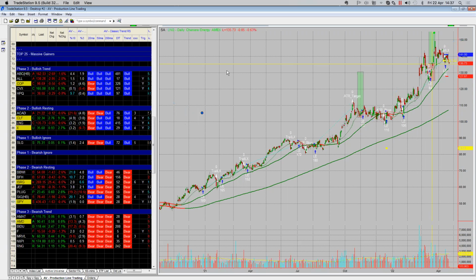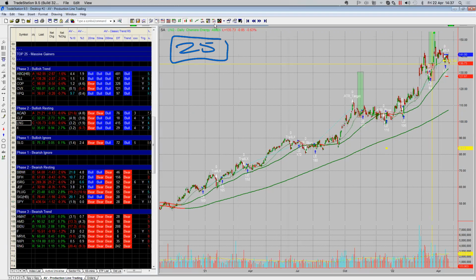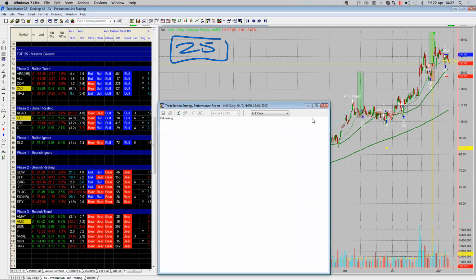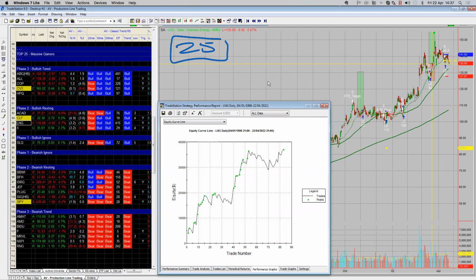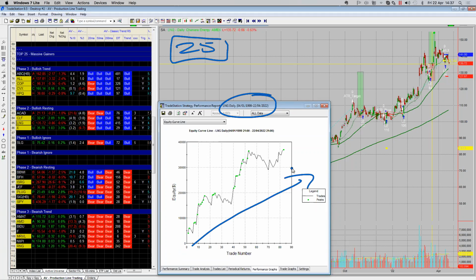The only thing that I do know is that if I follow my top 25 stocks that have a proven historical expectation to make money, so this is LNG, this is the past 20 years historical performance. On average, over multiple iterations, this should make money. I don't know if it will, so I'm going to trade the top 25 stocks for the next 12 months. And only those top 25 stocks, nothing else. That's my universe. I'm not chasing memes.